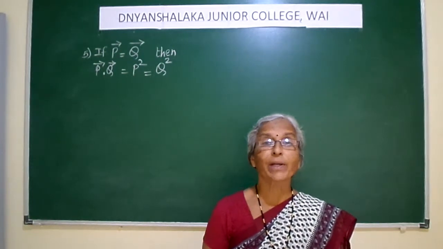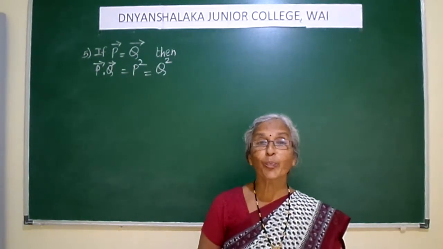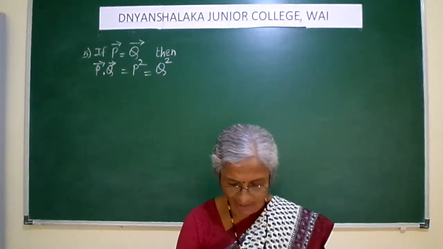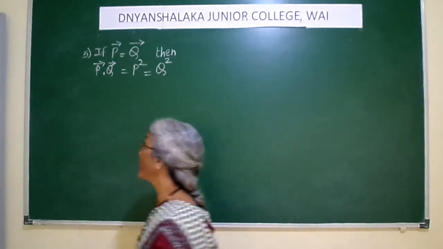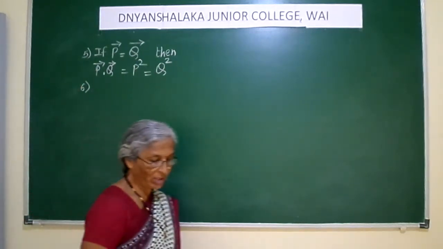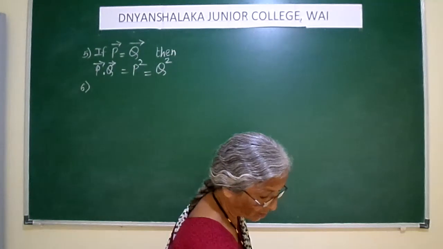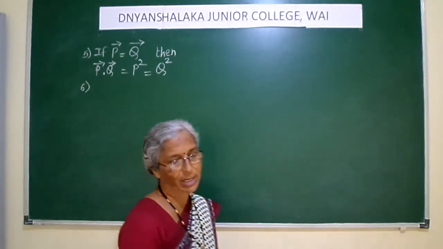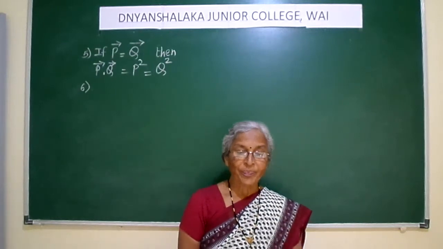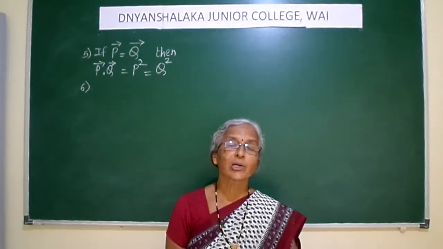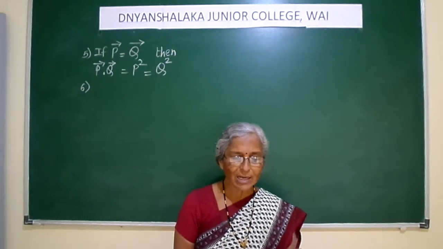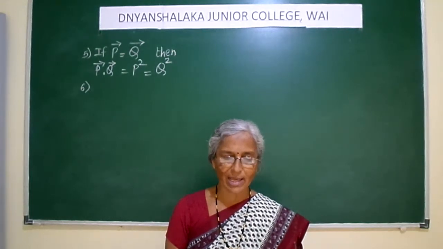Okay. Now the next property that we are going to deal with is very important, and it is asked as a separate question, which is the prove that type of question. So we will see this property. Mark it important. Property number 6. What is this characteristic property of the scalar product? The scalar product of vectors can be expressed in terms of its rectangular components. So let us see how we can express it.